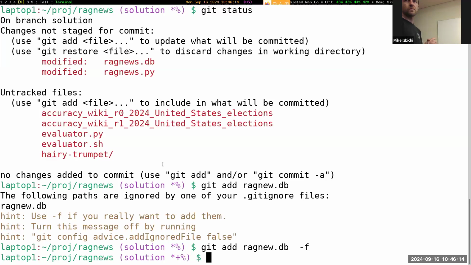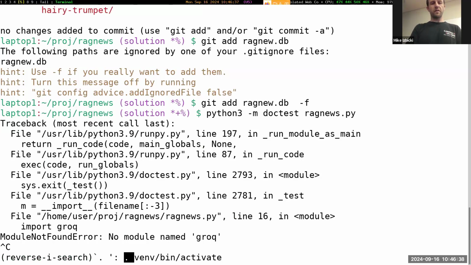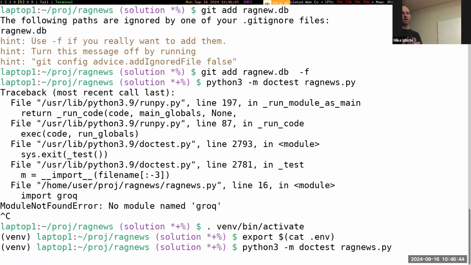I guess also for doc tests, using a seed with the C parameter still doesn't guarantee determinism? Do you want us to retry? This is a good question. So, running the doc test on ragnews.py, the answer is that some of the functions are totally deterministic, and so it's guaranteed to work. Some of the functions are not deterministic, and so it is not going to work. We made some attempt